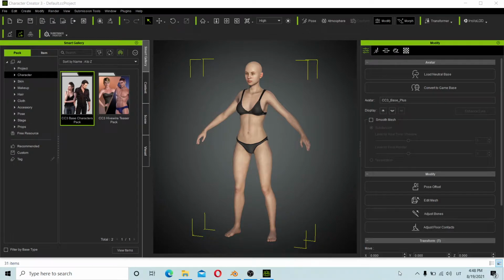Hello, in this video I will be showing you one of the easiest ways to create a 3D character and export it into Blender. I will be using the Character Creator free version,